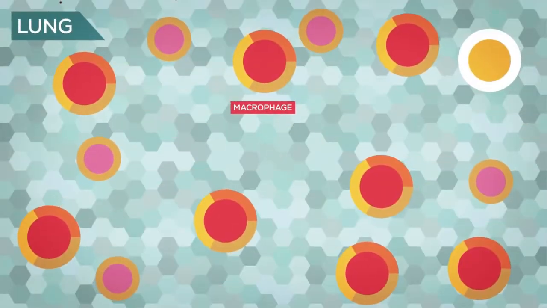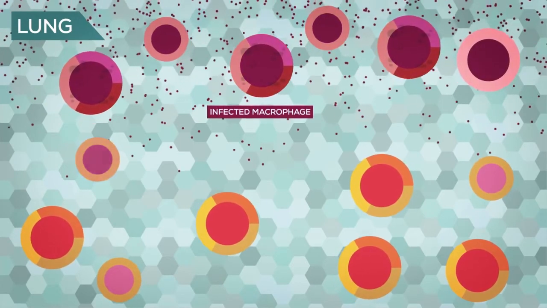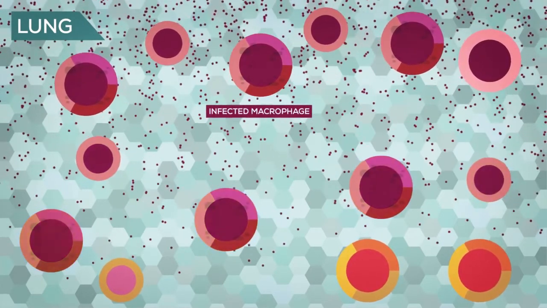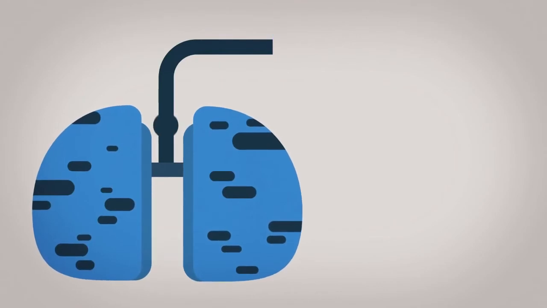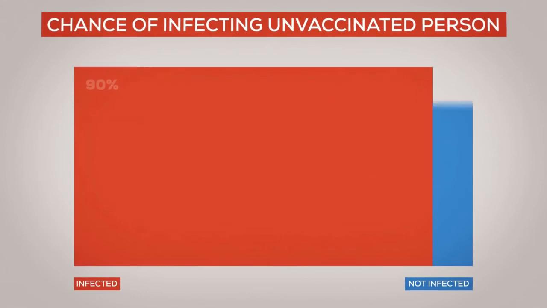In the lungs, the immune system was doing pretty okay, but now millions of viruses attack a second time and kill countless cells, wiping out the defense systems. In this phase, you start coughing out millions of measles viruses. Measles is so contagious at this stage that if you meet someone who isn't vaccinated, there's about a 90% chance